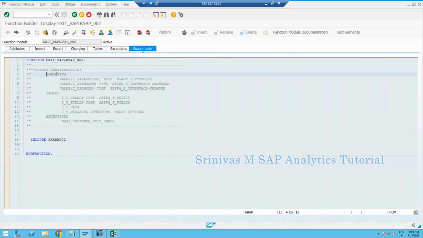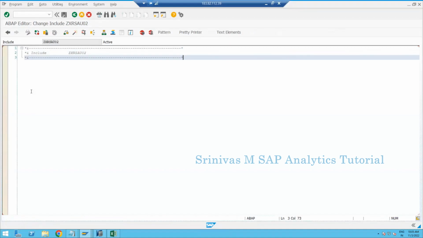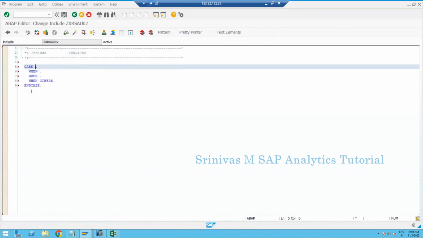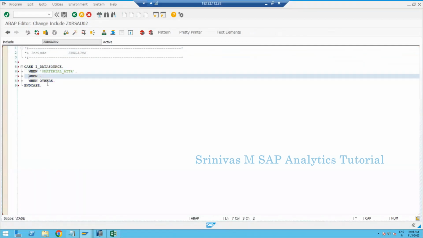Whenever SAP calls this particular exit function, it imports the data source name and all this information here. Using this data source name, I can identify whether the call happened to my data source or some other data source. So we need to write this statement here: CASE I_DATASOURCE, WHEN 0MATERIAL_ATTR. So whenever my data source got called,